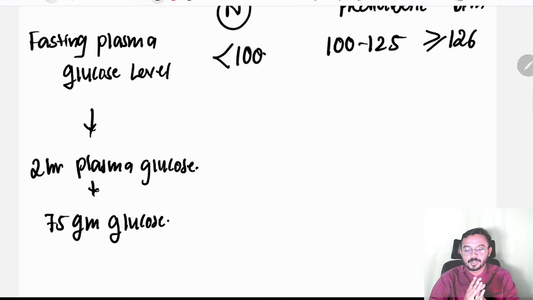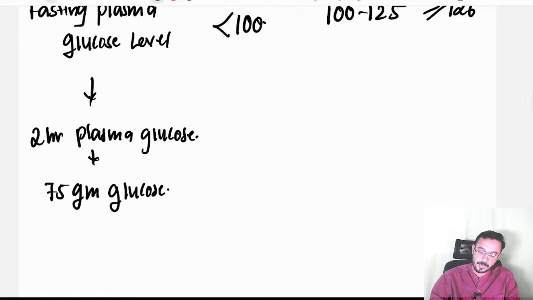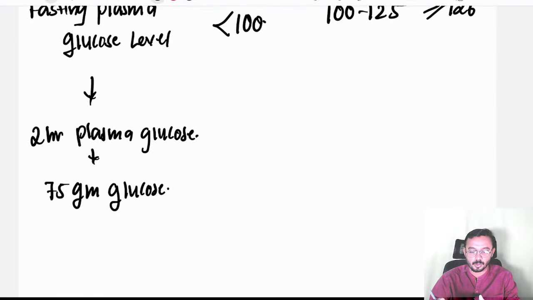After this you are going to give 75 gram glucose to the patient, right? But the major advice you should give the patient is that after taking this 75 gram glucose, he should not walk. He can comfortably sit in a chair and watch his phone. Because if he walks, the muscles will consume the glucose and the values will get affected, you can get low glucose levels. So you should tell the patient to sit near your lab, watch something on the phone, and not walk more.